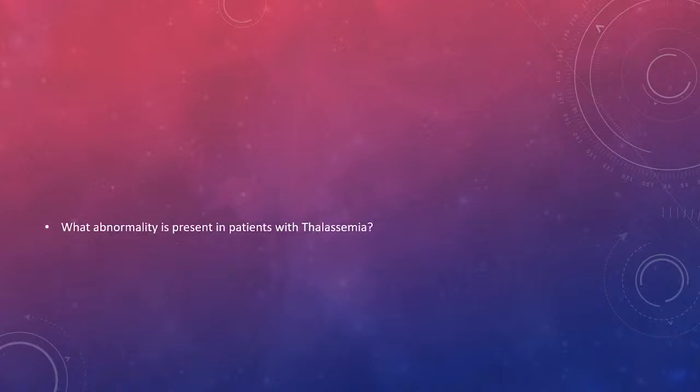All right, so we're going to move on with thalassemia. Actually, thalassemia is, according to my friend, one of the hardest anemias that you're going to encounter in the exam. But I'm going to try to make it a little bit easier for you guys. The abnormality present in thalassemia is somewhat easy to understand. It's about globin chains, the abnormality in globin chain or hemoglobin chain production.